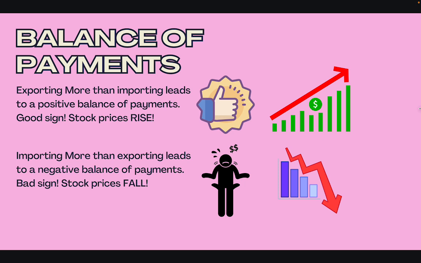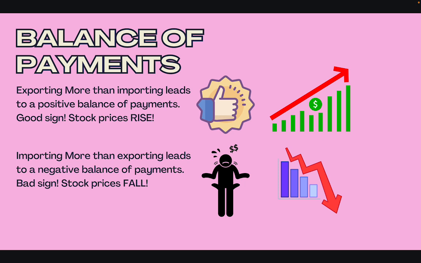Balance of payment. So now what we're going to talk about is exporting versus importing. Okay, we're going to use the United States and China in this example. So first of all, think of exports as the United States sold something and made money. So every time we, the United States, sell something to another country, we are making money. Every time we import or buy something from another country, we are spending money. We are paying for it.